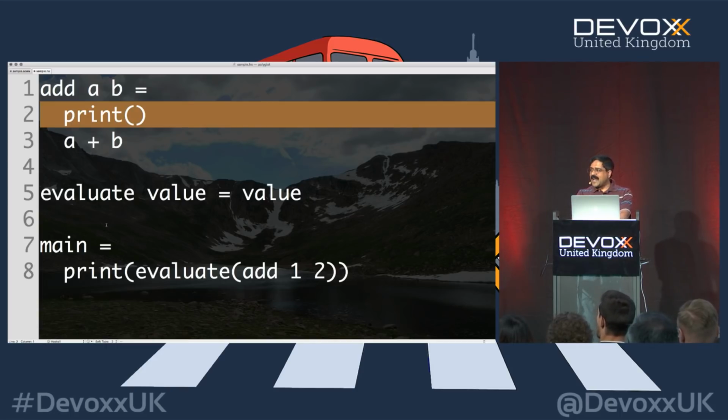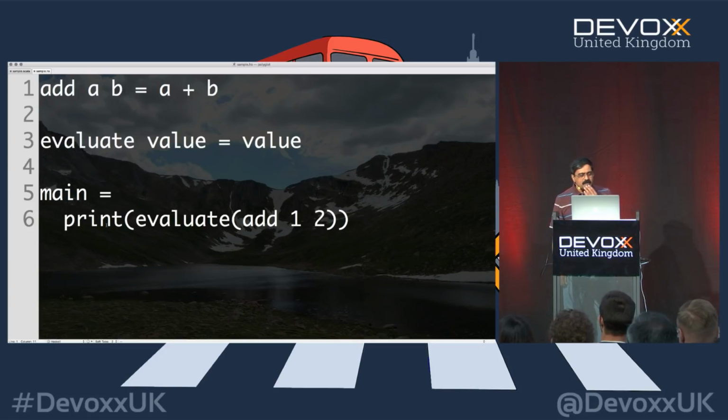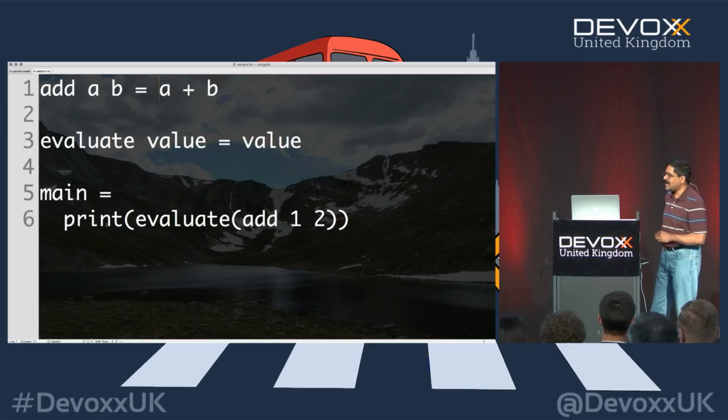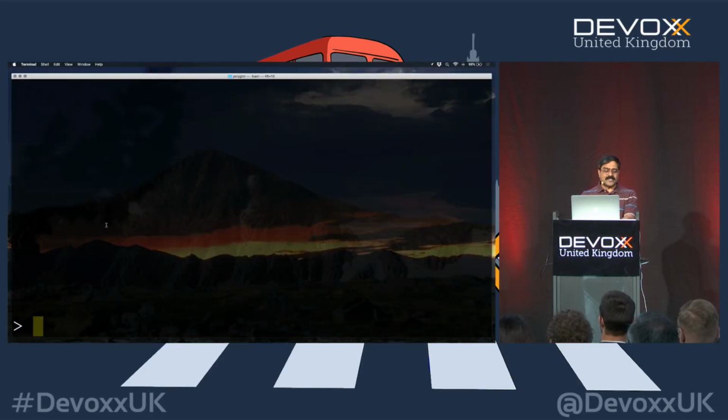And Haskell got very angry at me. It said, what are you trying to do? You're trying to put an impurity in a function that's supposed to be pure. I couldn't do it, so I was kind of stumbled on it. I said, I want to prove to myself before I prove to anybody else. And I never thought I would use a debugger to prove anything in my life. And in this case, what I decided to do was exactly that.